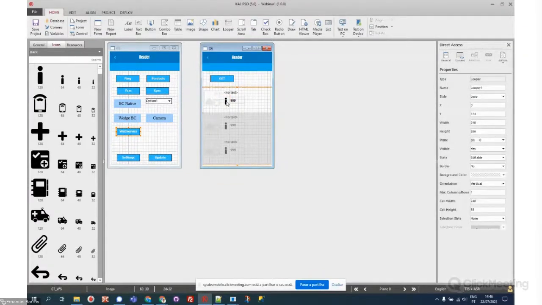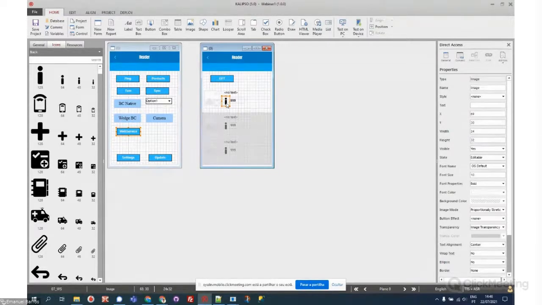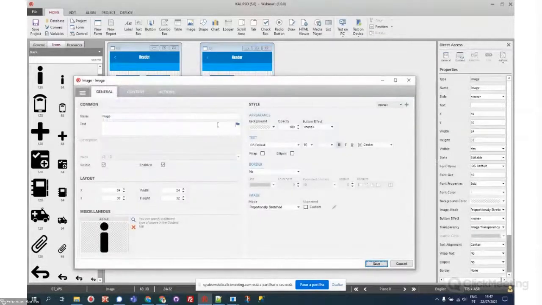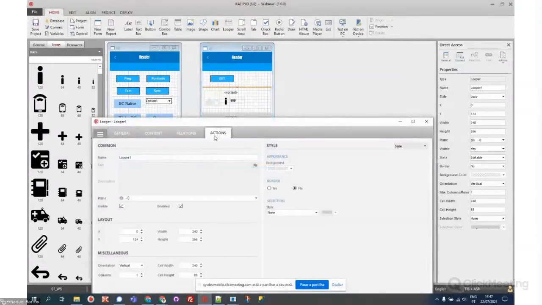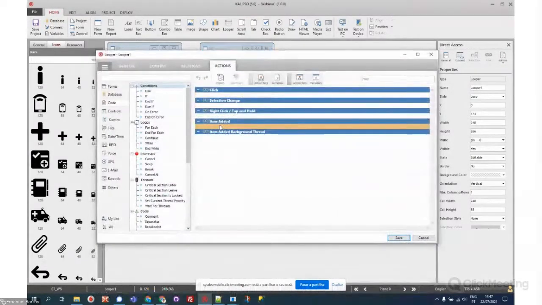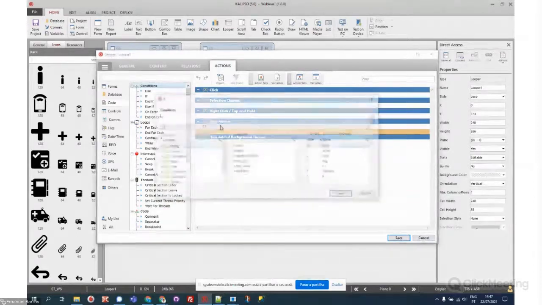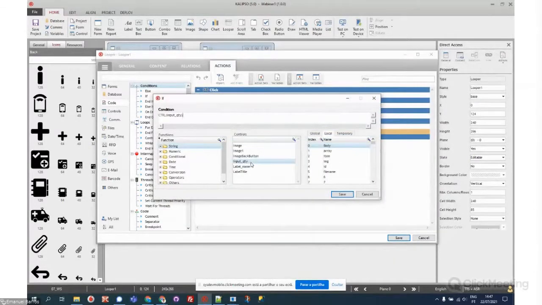Okay, so I don't need to see the icon only if it's above 400. So I will remove the visibility. Okay. And let's go here, action, item added. So if my input quantity is above 400,